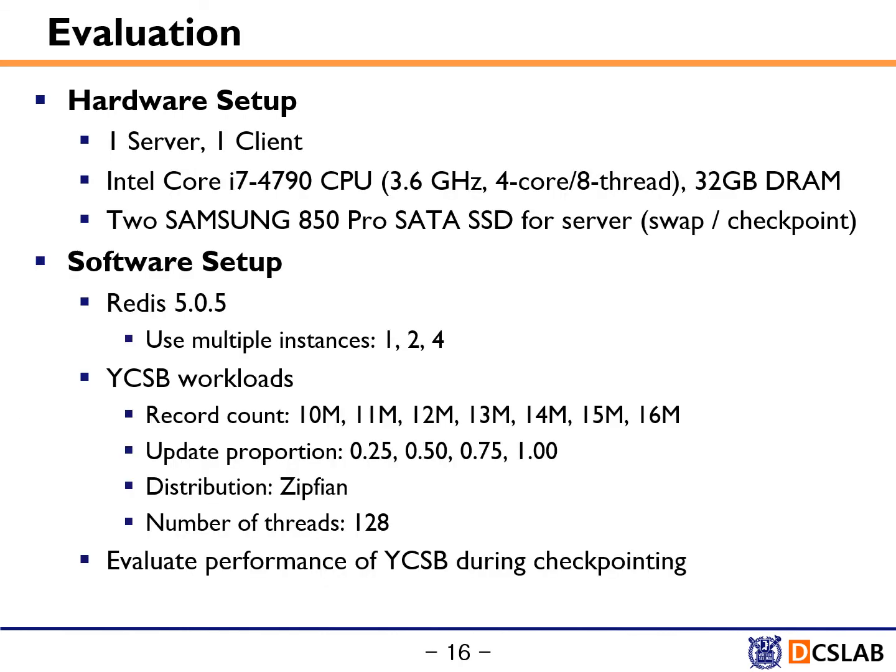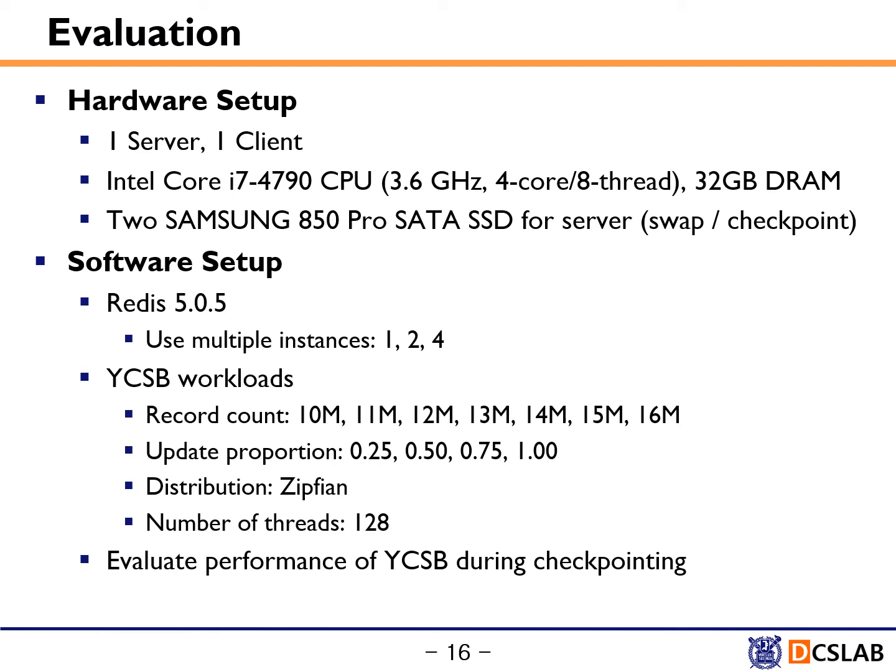For evaluation, we use 2 machines, one for client and one for server. Each has 32 GB of memory, and the server machine has 2 SATA SSDs for swap and checkpoint respectively. We apply MDC into Redis and run it on the modified Linux to support MDC. We use YCSB workloads to evaluate the performance of our scheme. We run the YCSB workloads while forcing Redis to start checkpointing in the background, so that we can know the